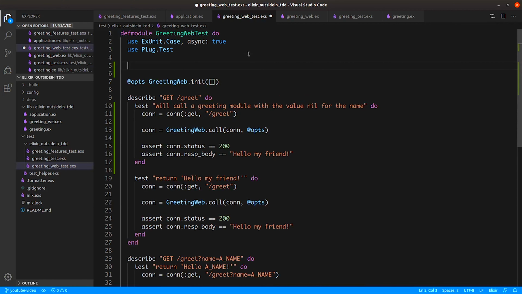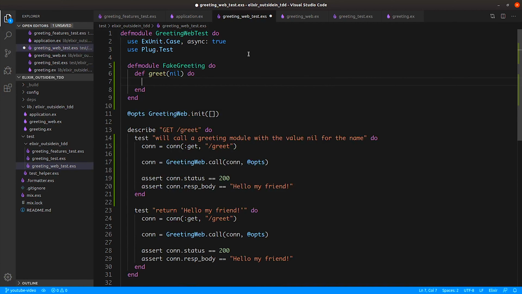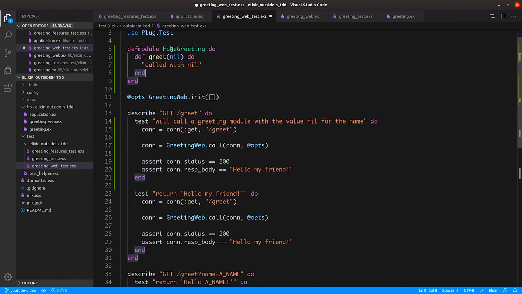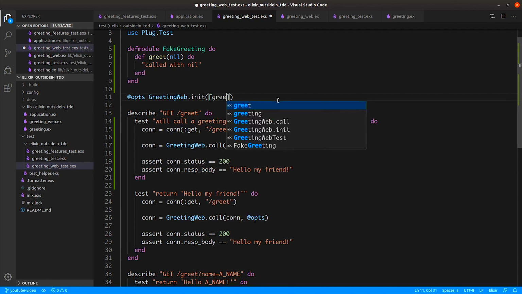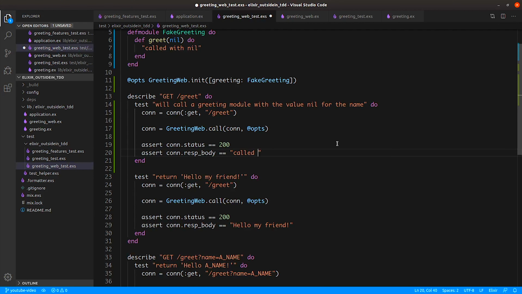Let's see. Def module FakeGreeting. We can say def greet, nil, do, call with nil, and we need to find a way to inject this here. So greeting, fake greeting, and here this is called with